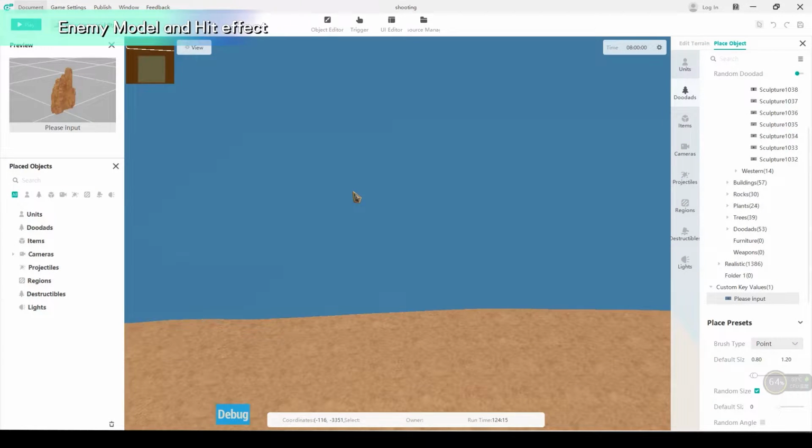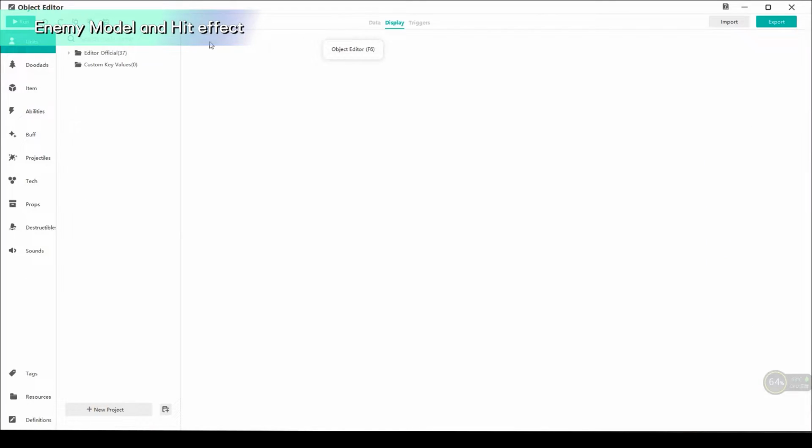In Clickly, we have abundant resources in the editor. You can choose everything according to your preferences and game style. Let's see how to make the paper pigeon as your enemy model. Enter the object editor, create a new project in the unit section,